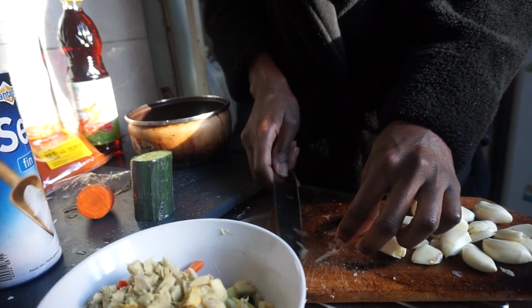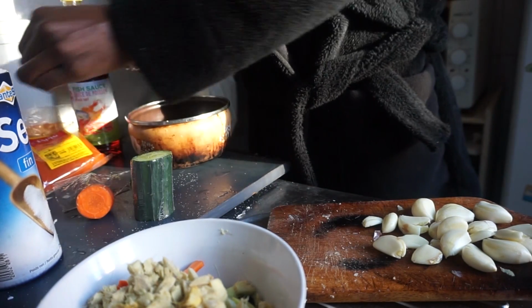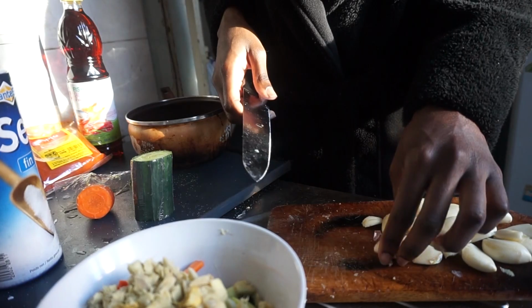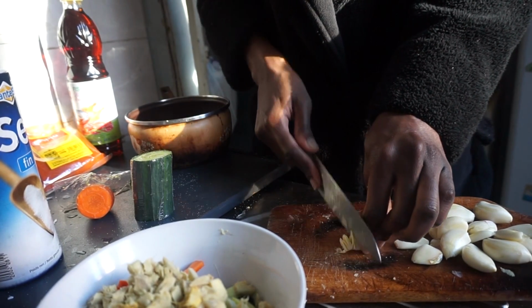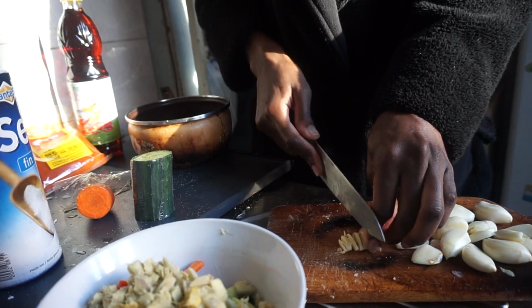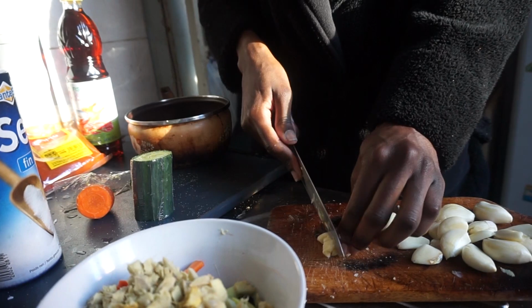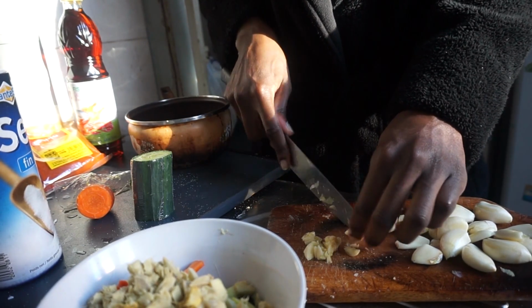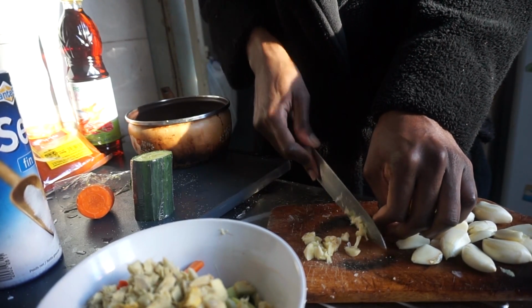I'm just gonna chop it. Make sure to watch the nails, otherwise it happens to me several times that it just went into the recipe. Actually, the pieces don't need to be so small because it's gonna ferment for weeks. So within weeks it's gonna become